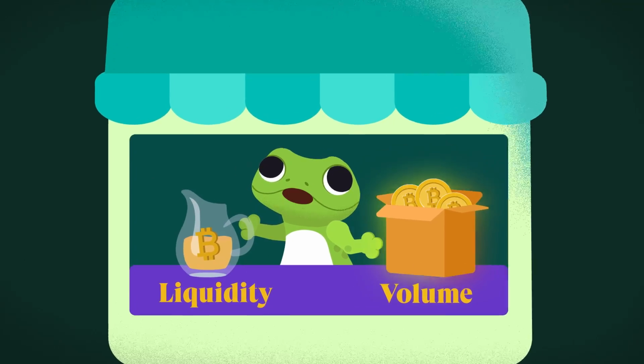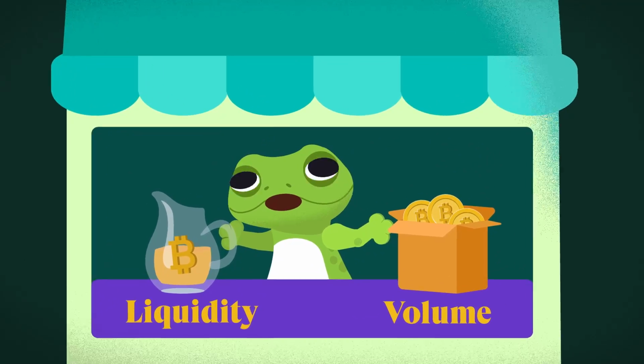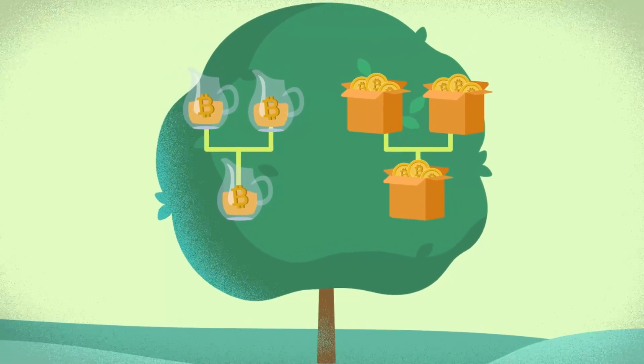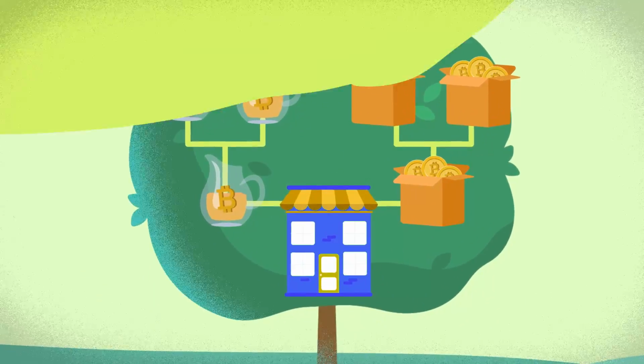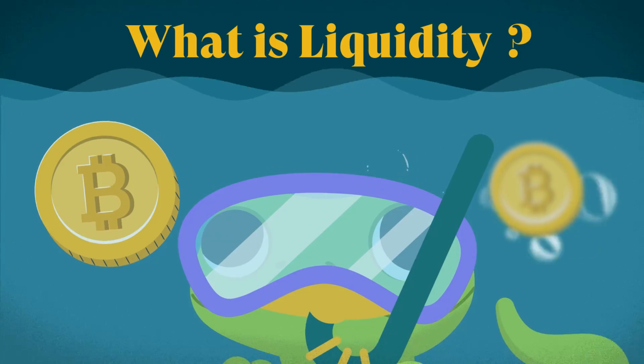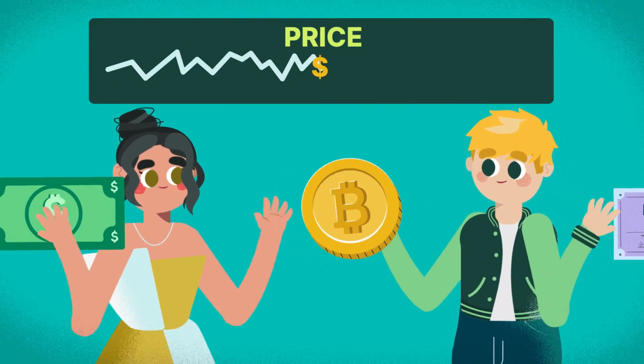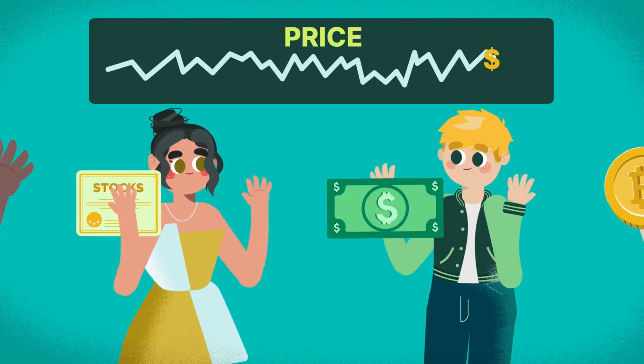Liquidity and volume are important concepts to understand when it comes to markets. The two are different but highly related, and both have very important implications for a market. So first, what is liquidity? Liquidity is the ease with which an asset can be bought or sold in the market without significantly affecting its